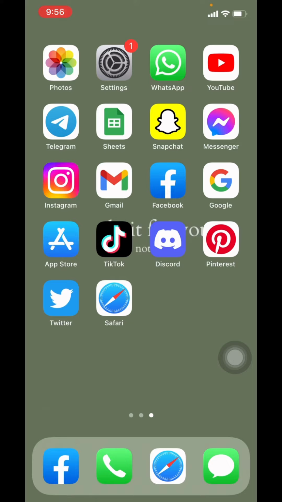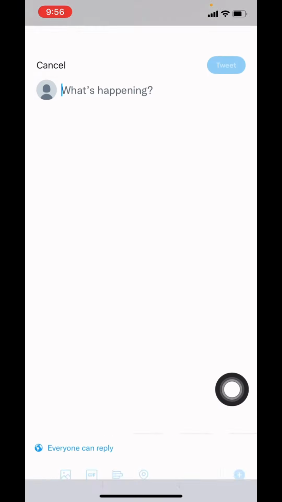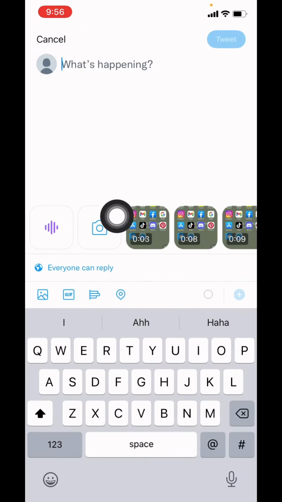Today in this video, I will be exactly showing you guys how to make Twitter GIFs. Now let's go straight into the process. Open your Twitter app, here we go. Now here you can see this plus icon, tap on that. Here you can see this icon of camera, you have to click on this and you have to tap on